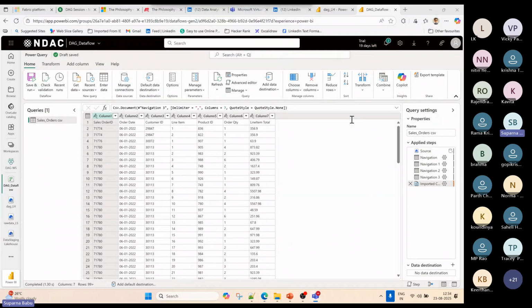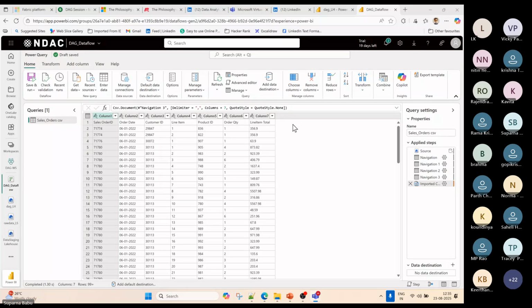I'm asking you Power BI folks, how can I make this the headers? Come on, tell me by using which option? Just put your comments in the comment section. Transform, versioning. Okay, no, you can think, you will know the answer. You all will know the answer. It is easy. Yes, very good, John. Promote headers. Very good.